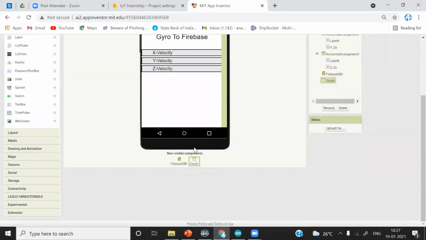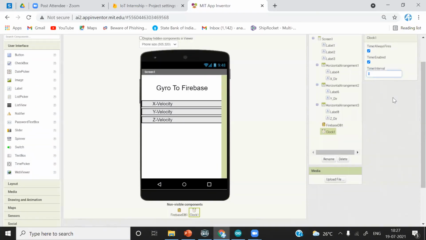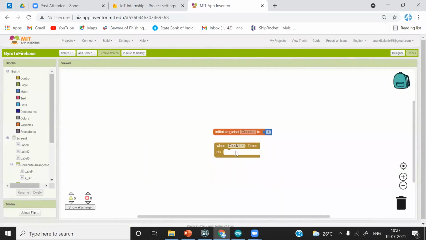Okay, instead of creating the if condition and all, instead of 1 millisecond, I will put it as 3000 milliseconds. So once you call this function, it will generate a delay of 3 seconds. So you do not need to increment and decrement. I will just delete this global variable. To save time, I'm doing this.